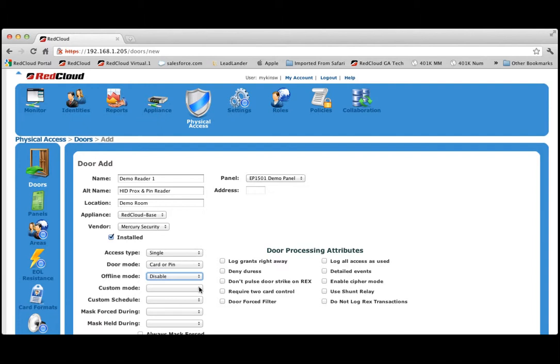Custom mode, this is where I can set the reader up. Say, for example, since this is a card and pin reader, I might want to set this up and say, okay, listen, during normal business hours, it's going to be card or pin. And during off hours, it's going to be card and pin. Or vice versa. I could say it's going to be card and pin all the time, 24/7, with the exception of I want it to be card or pin mode Monday through Friday, 8 a.m. to 5 p.m. So I just pick my schedule, marry it up with a schedule, and then it follows that